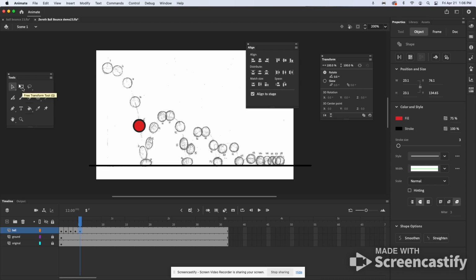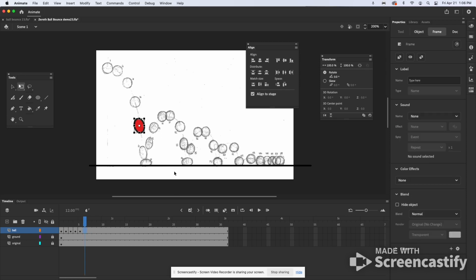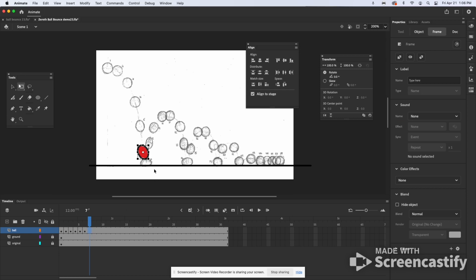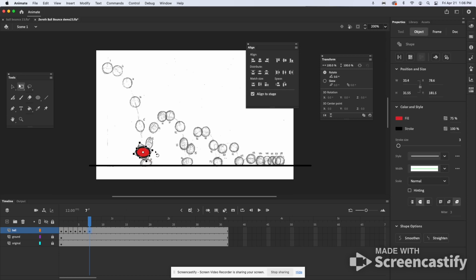I'm going to choose the free transform tool, and it gives us handles where we can squeeze it and stretch it. We can rotate it to give it that look as if we're going into squash and stretch. Frame 6, I can now rotate it, and I'll keep adjusting this as needed. One thing you want to make note of